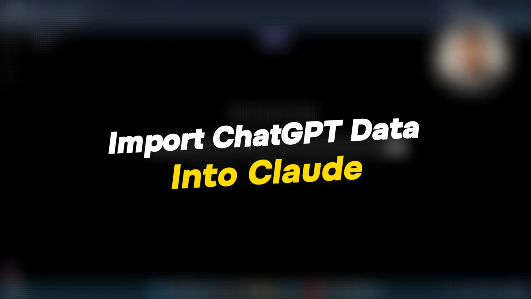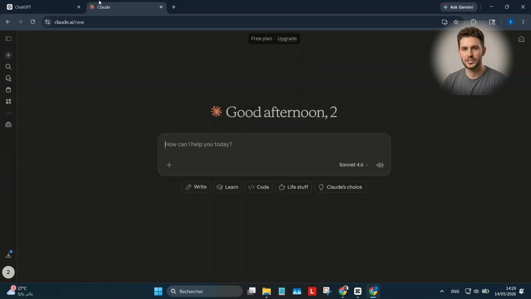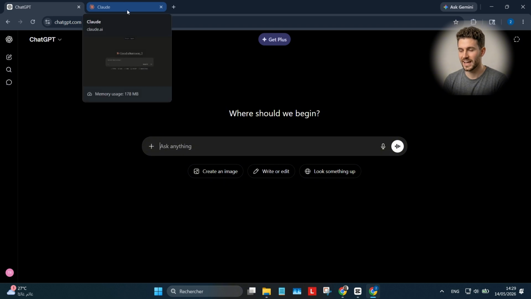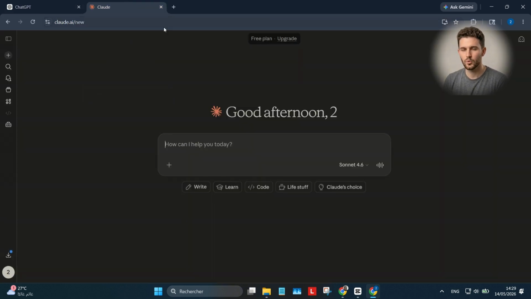If you are switching from ChatGPT to Claude, you do not have to start from scratch. ChatGPT has already built up valuable context about who you are, your workflows, and how you like your responses formatted. In this video for ClearTask, I will show you how to export your personalized ChatGPT memory and import it directly